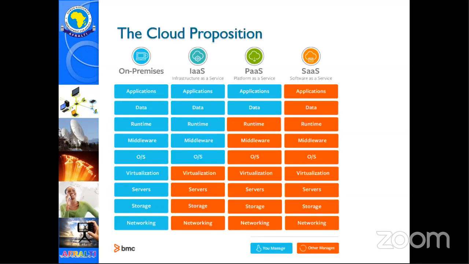And the aim of doing all that is to ensure that you derive the cost benefits of moving to the cloud. One thing people usually have a misconception about is thinking that by just moving to the cloud, you save money. That is far from the truth. We've had organizations that have ended up spending more by moving to the cloud compared to when they were on their premises. So it is something that needs to be planned carefully and executed well.